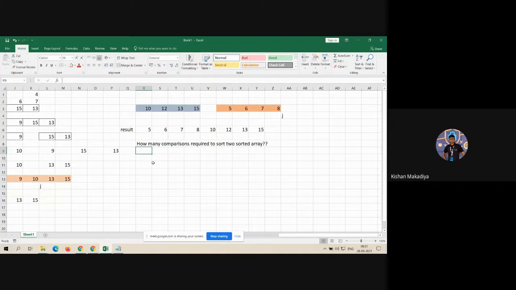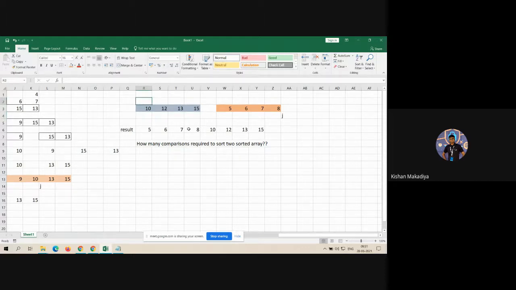Now try to solve it. How many comparisons? I'm not talking about swapping, because here there is no swapping. We are simply comparing two elements. You find the smallest element and store that small element in a result array. You are not changing the given two sorted arrays.